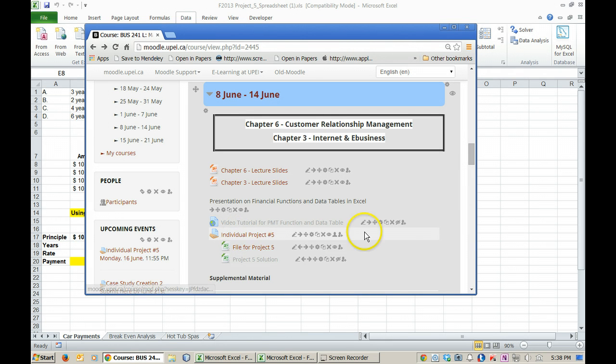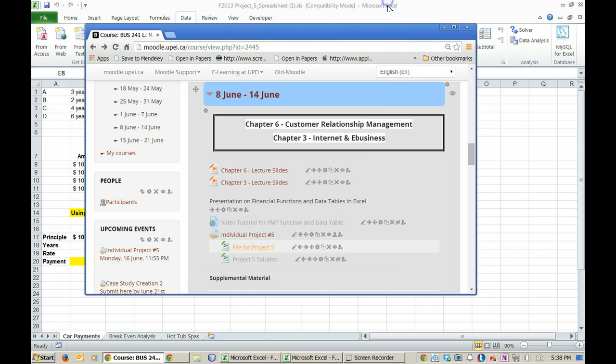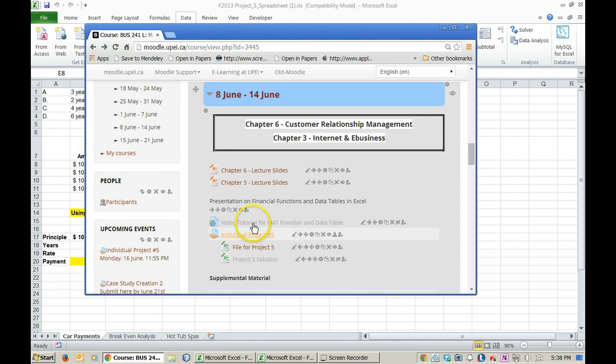Okay, so let's look at Project 5 then. The file for Project 5 is here, and when we open it up, you'll see that it looks like this file here. And what we're asked to do is